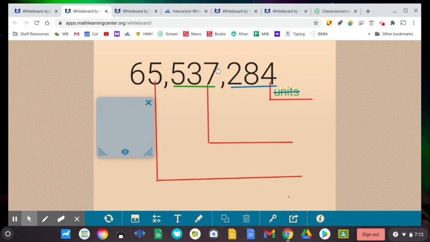So if we were thinking about this 7 compared to the rest of the number, what does that 7 represent if you were going to pronounce it? Did you think of the word thousands? 7,000s or 7,284. If we look at this whole part underlined in green, we would think of this as one number,